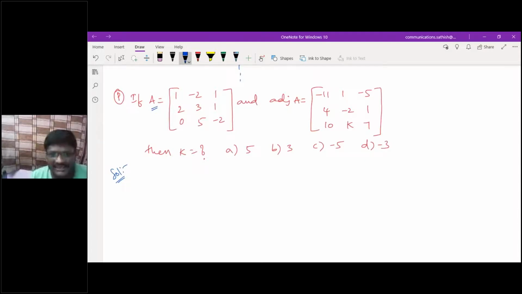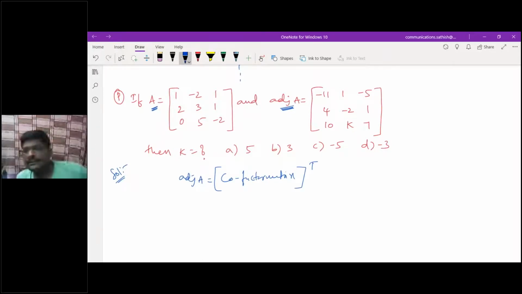You know the given matrix capital A and the given adjoint matrix also. How do you get the adjoint matrix? It is the cofactor matrix transpose, or not? Am I correct? Yes, sir. And in that, the given K value is an unknown value that I need to find. So what is this element? This is the third row and second column element only, or not? 8, 2, 3 only, right? Yes or no?